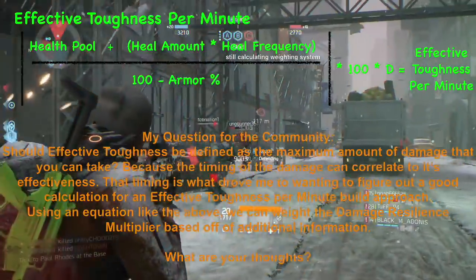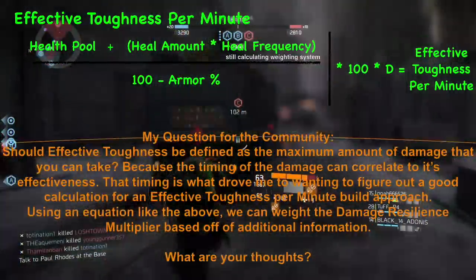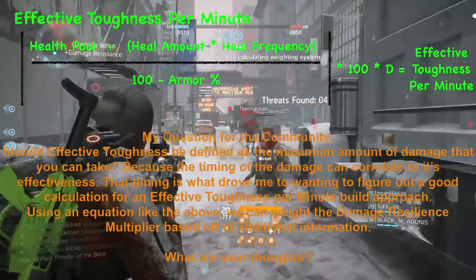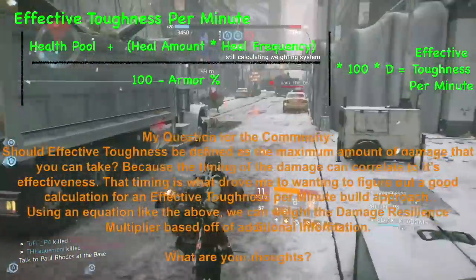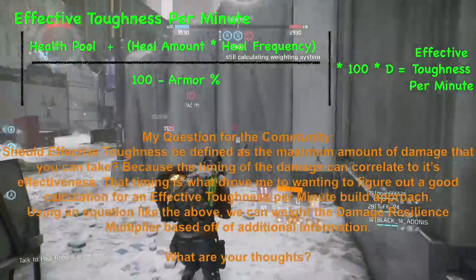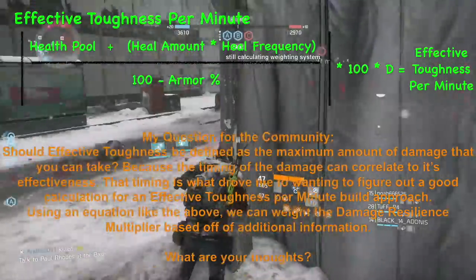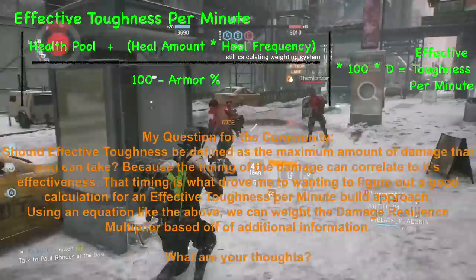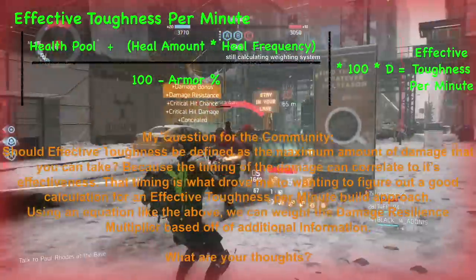And as you see, the heal frequency is also still calculating a weighting system that could be improved by adding things like if the build has Strike Back as a talent, because then the algorithm would decide, all right, well, they're taking such and such damage, they're going to heal before they die, obviously, and that's going to increase their cooldown, and if you have Refreshed, it would also increase the amount of heal. So things like this would be included in these